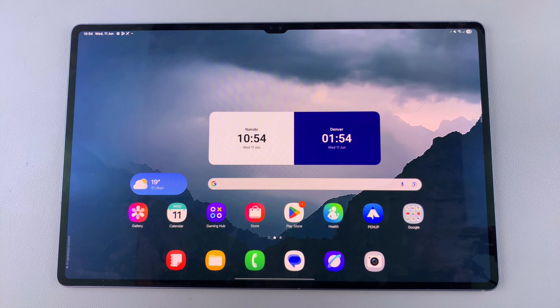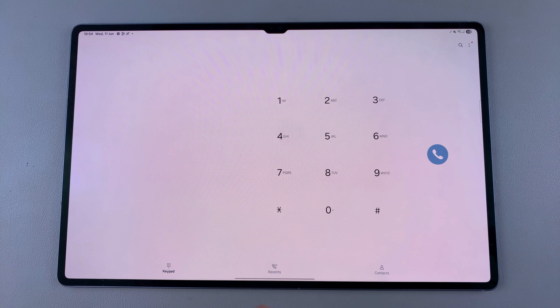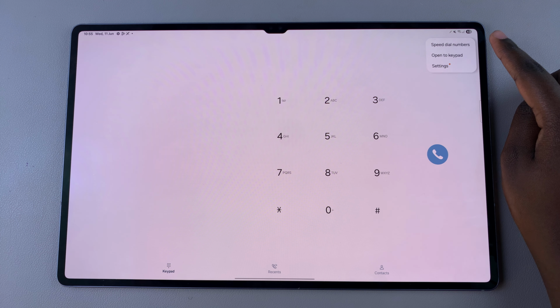So in this video, you'll learn how to enable caller name announcer on your Samsung Galaxy Tab S10 or S10 Ultra. So all you need to do is just open the phone app and then you want to select keypad. Under keypad, you then want to tap on the three dots in the top right corner and then from here,